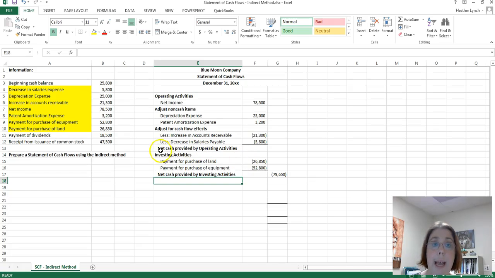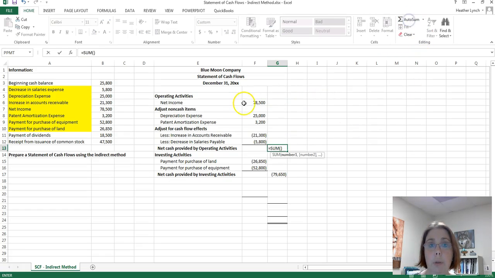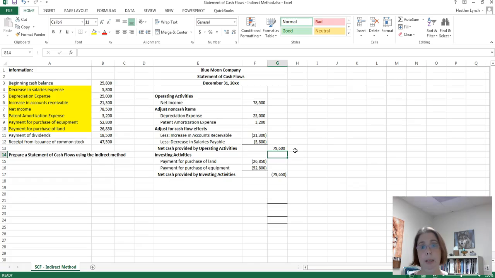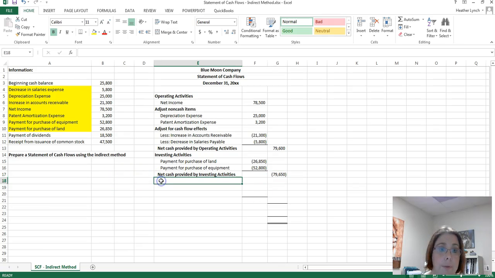Oops, I apologize. I did not total my net cash provided by operating activities. I gave you the title, but I did not total those. So that totals the $78,500 through the negative $5,800. So we have net cash provided by operating activities of $79,600. We have investing $79,650. So now we're looking at, so we did operating, investing. Now let's do